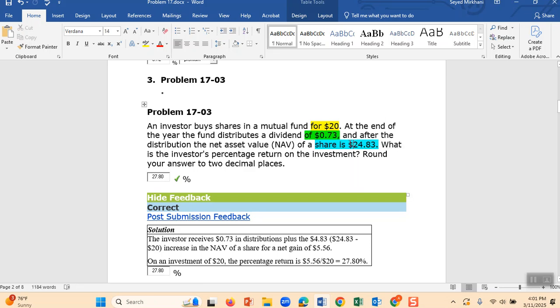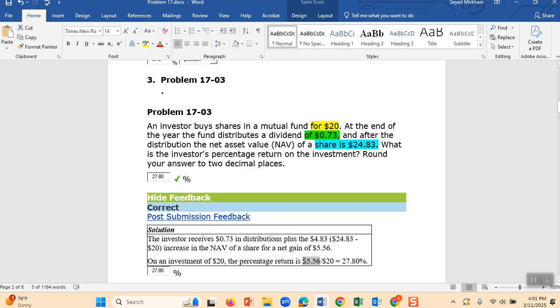Do you see that? That means you have made 4.83. That means it has gone up. What you bought now has gone up. You have made 4.83 here. You have also made 73 cents here. Therefore, I have been a good manager, in fact, that I have been able to increase the $20 here to 24.73. Therefore, it has been an increase on your $20 investment.